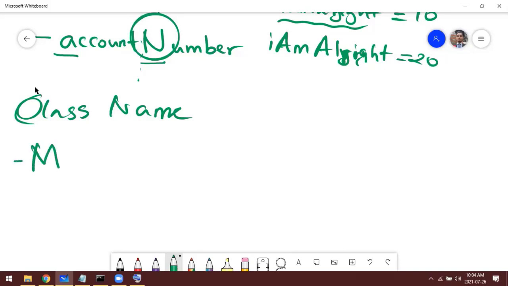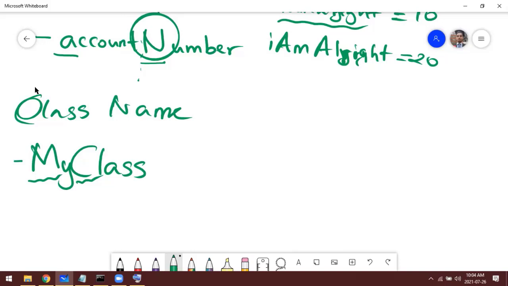So it's like this: MyClass. So the first letter you are starting with capital, and the second word also you are starting with capital. Only difference between variable name and class name is that when it comes to variable name, we start with a small letter, and when it comes to class, we start with a capital letter, right?